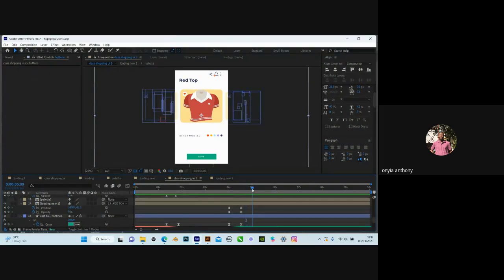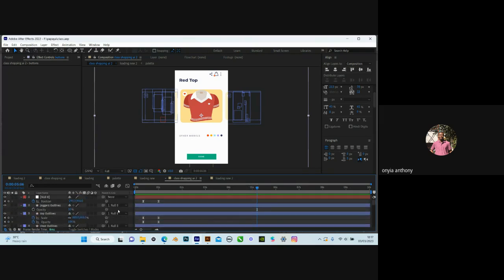Okay, so let's say we jump 10 frames in front or 20 frames in front and start the next part of the animation. So if you can remember, we are using a null to animate the position of the slides. So we use the null to animate the position of the shoes to the red top, and we also do the same thing to the jogger. So if we add another keyframe, jump 20 frames in front, Control Shift right arrow key, and move this